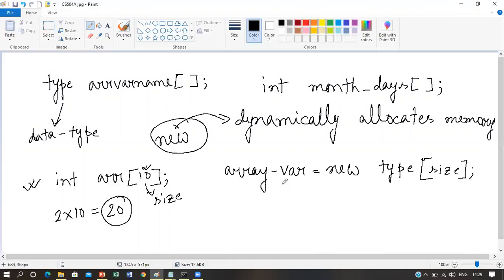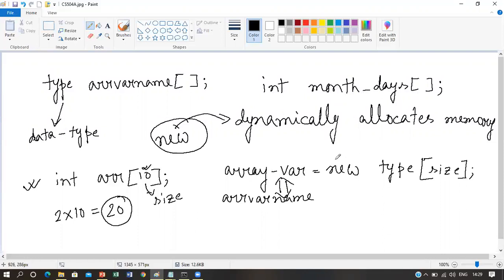Now this array var is the array variable name, or you can also write ARR var name. So if we consider this example where we have declared the month days array of integer type, the array variable name would be month days.